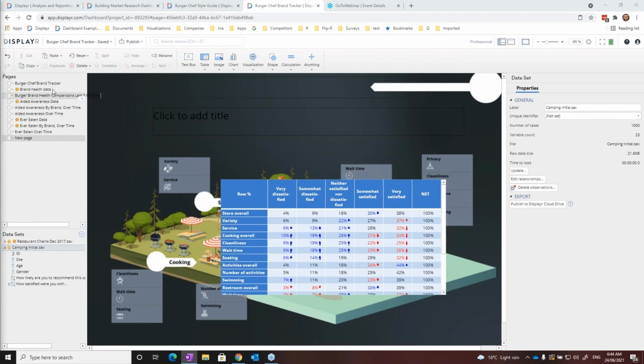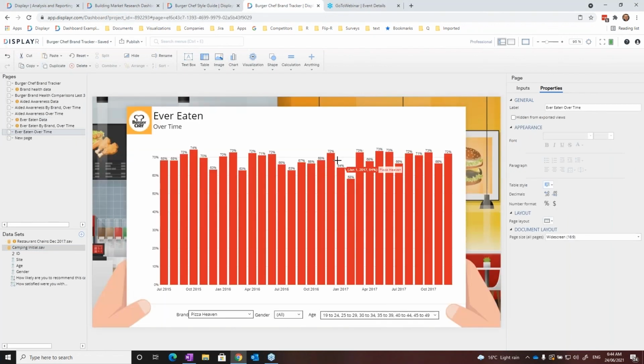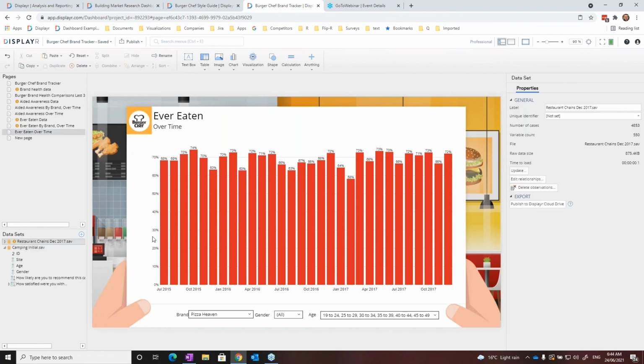When you've got a data file, it's going to have a look at the data, looking at ever eaten over time. So the last time period we're looking at here is showing us December. And I'm going to bring in a new data file, which has actually got less data in it because I'm doing things back to front. And all I have to do is click on the data file. I click update,